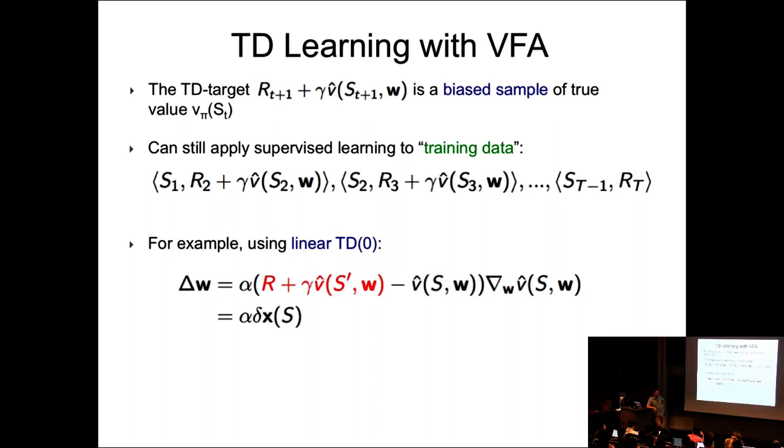Yes? Yeah, so the TD learning is used by a sample. Does it mean that there's a guarantee that you converge to the true value? So in many cases, if your system is nonlinear, if your value function approximation is nonlinear, then there's no global solution. If the system is linear, I don't think there is a particular guarantee.